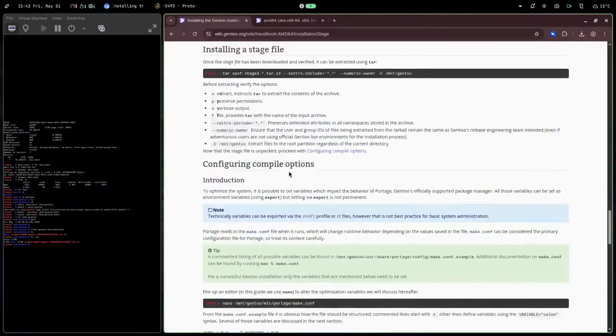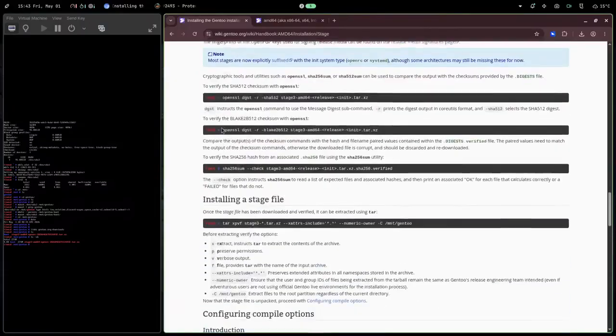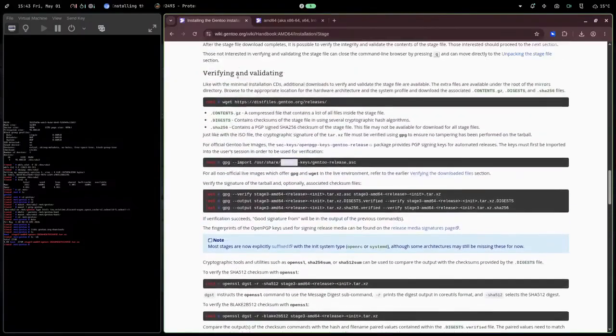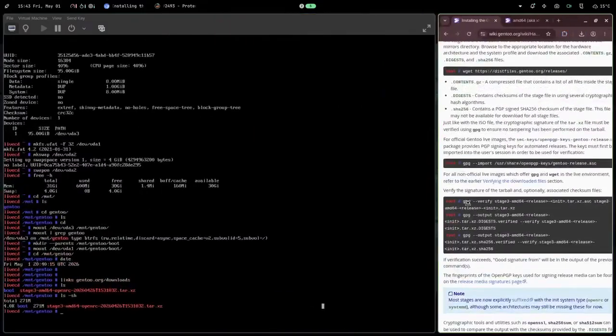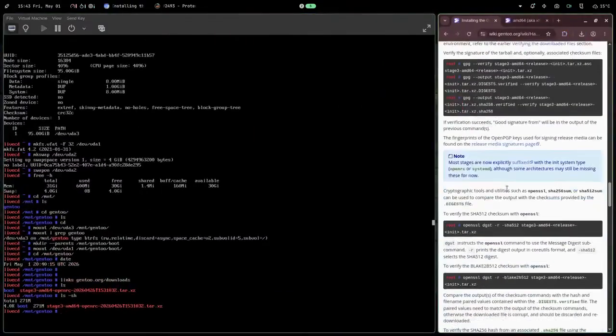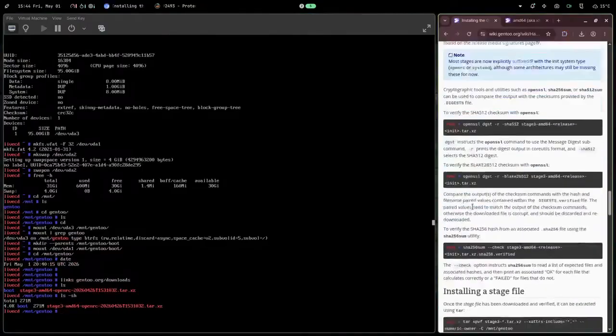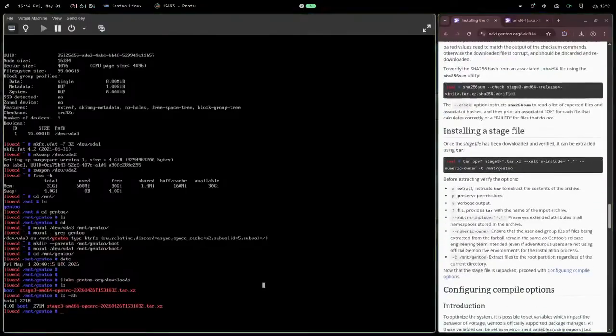All right, so now we need to. Yeah, we're not verifying and validating. We are installing the stage file here, okay? So basically what we're going to do is just extract that stage file, okay? So that's going to be a tar command right over here. We're going to type tar xpvf